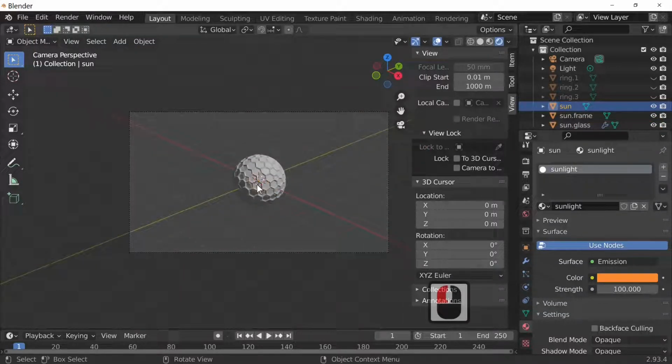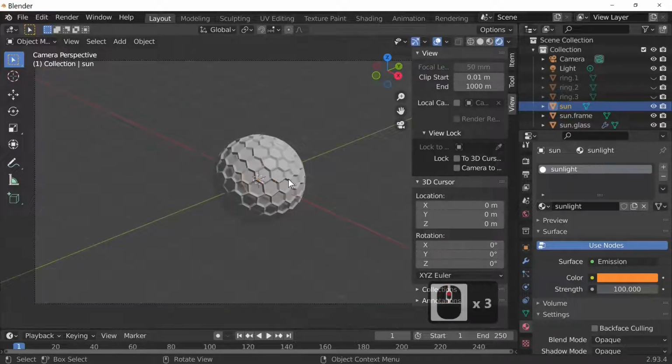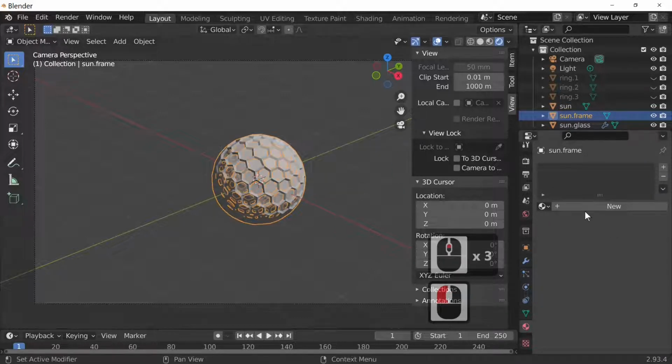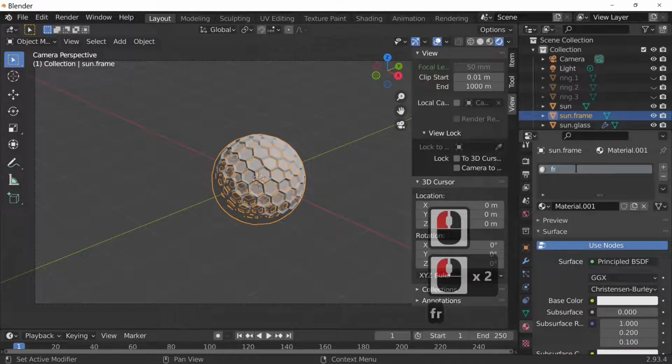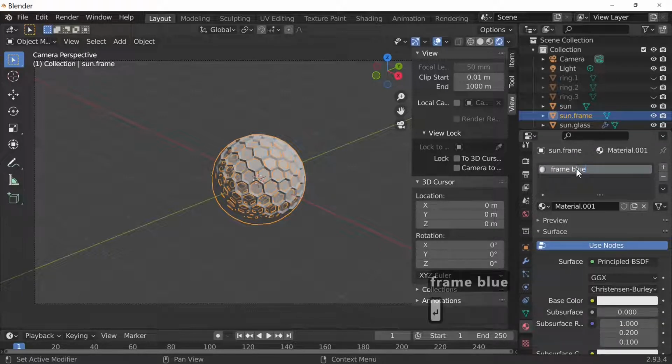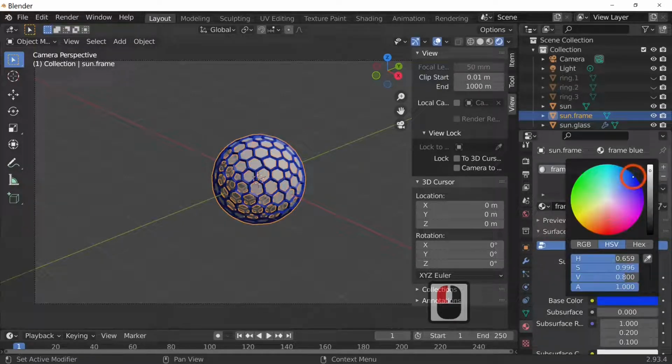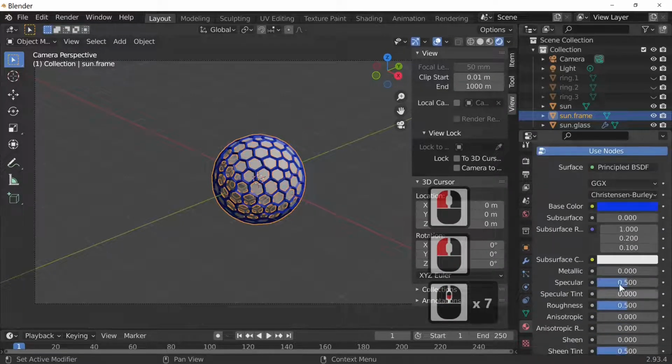As you can see, the sun has now vanished because the other two things are not see-through or not made of glass. First one, we're going to actually make the frame, so I'm going to put new, and we're going to call this our frame colour, frame blue. I'm just going to make it a blue frame like I did in the animation you saw, and just select a blue colour, and I'm going to make it metallic by increasing the metallic.